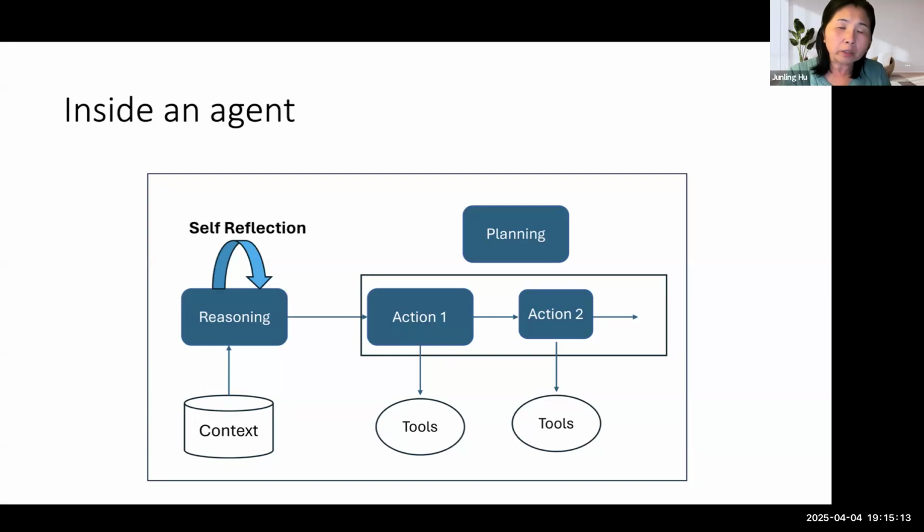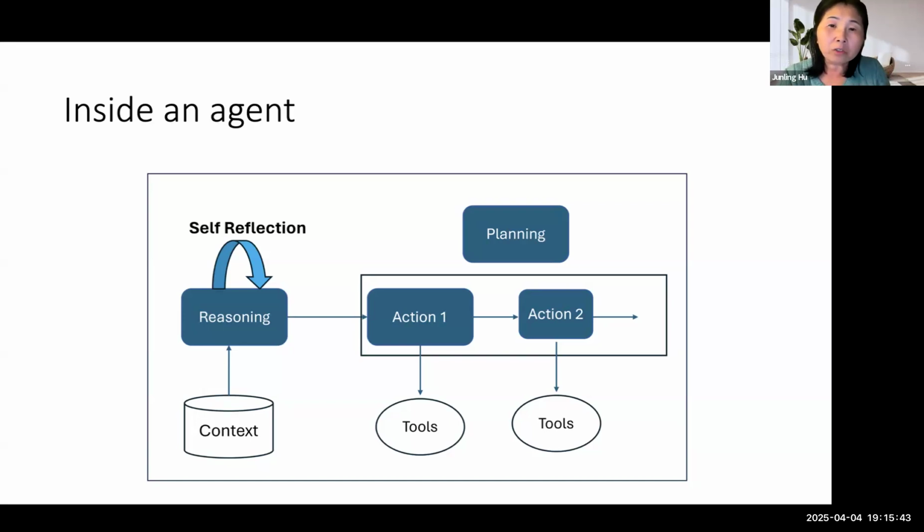We will talk about different reasoning methods. There is a so-called self-reflection. The agent just does a self-check. If it generates some output, it will ask whether it is correct or not. If not, it will continue to generate the next output and go out to do another round of conversation, either with the large language model or with the outside. So that's the reasoning part.